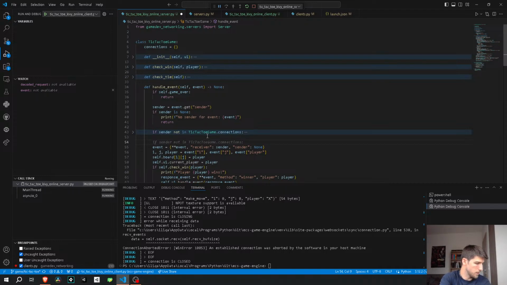I'm making if statements, and their purpose is to block the access to the rest of the function, the rest of the method, and return prematurely if that condition is not held. So if one